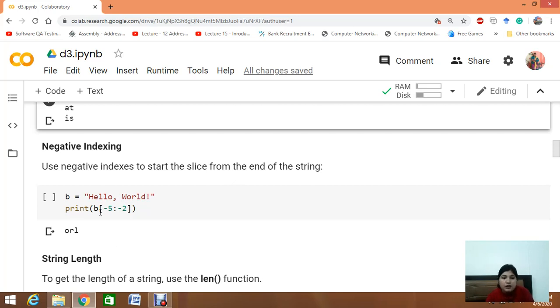So if we start the range from -5 to -2, as I said, this exclamation sign is -1, D is -2, L is -3, R is -4, and O is -5. So our range starts from -5, so we will be printing O, then R, then L, and as I said, the last value of the range is not included, so it will only go through -5, -4, -3. Okay,